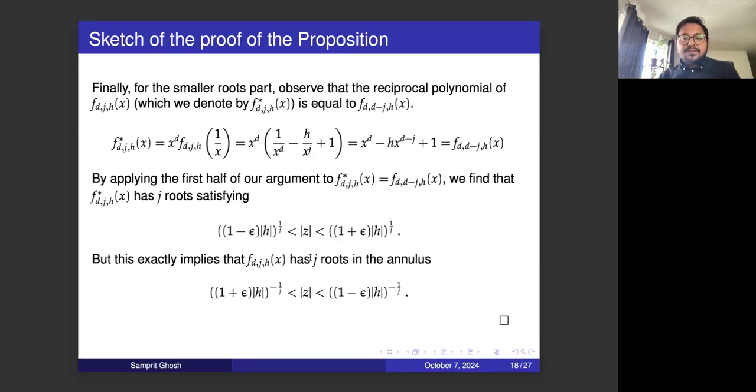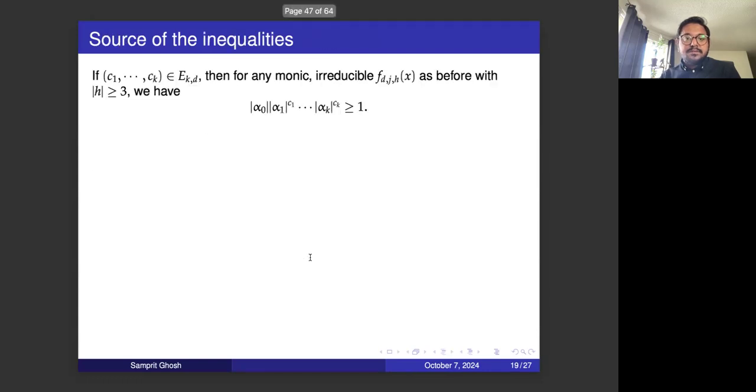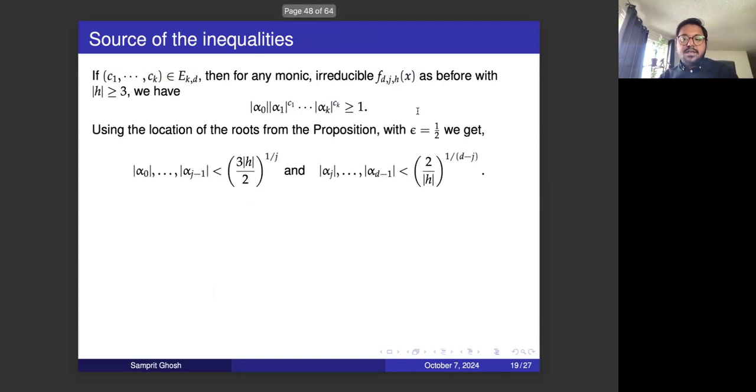Okay, so now suppose you take a point C1, C2, ..., Ck in our EKD. That means it satisfies this condition. And suppose among those infinitely many irreducible ones, we pick a monic irreducible polynomial f_h(x) as before. Now, with the proposition before, with the information of the location of the roots, and choosing epsilon